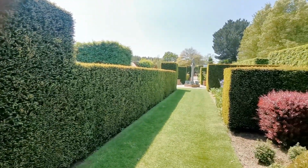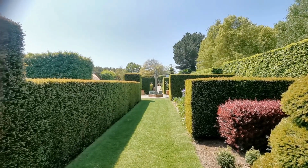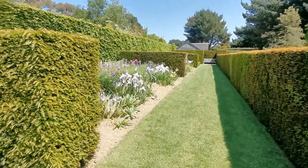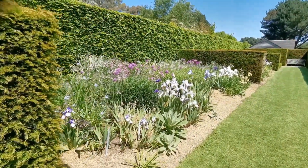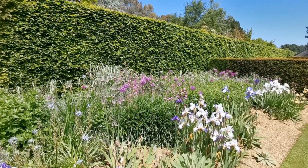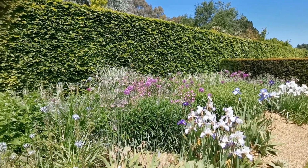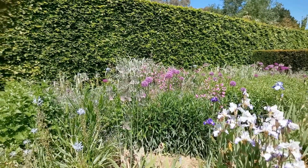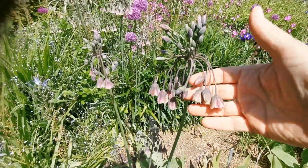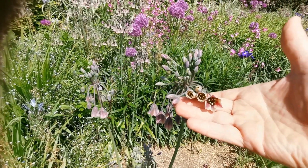Just let me pan sideways, going back into the walled formal garden this way, and behind me blocks of hidden garden. Just look at these irises. Mixed planting, foreground of irises, asters, tall alliums of mixed varieties. Look at this allium, very unusual. Bell-like flowers, with creamy sepals in the middle,